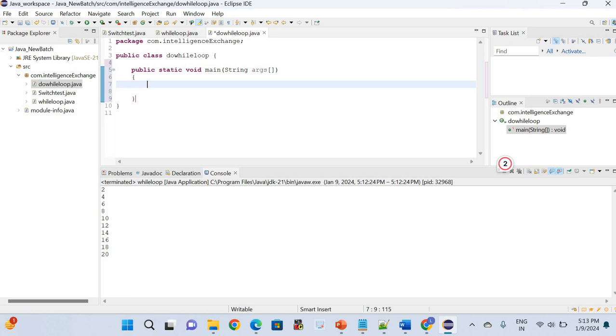Okay, so अभी हम बात करते हैं नेक्स्ट प्रोग्राम की। नेक्स्ट प्रोग्राम में मुझे यूज करना है डू वाइल लूप। सो डू वाइल लूप में मुझे एक स्टेटमेंट यहाँ पे लिखा है, और मुझे वो स्टेटमेंट 10 बार प्रिंट कराना है। मुझे हेलो इंटेलिजेंस एक्सचेंज को 10 टाइम्स प्रिंट कराना है यूजिंग डू वाइल लूप। तो सेम आपने यहाँ पे इंटीजर आई लिया है, और ये आपका एक वेरिएबल है, और यहाँ पे आपने i = 1 इनिशियलाइज कराया है। तो ये आपका इनिशियलाइजेशन हो गया है वैल्यू का।